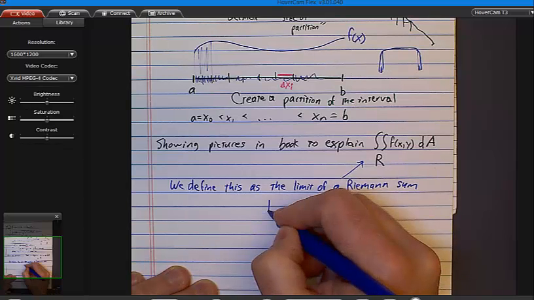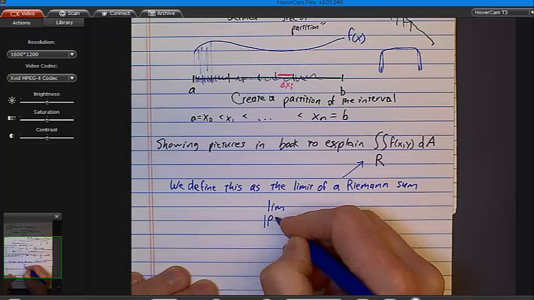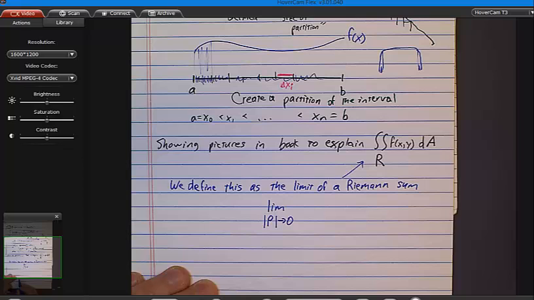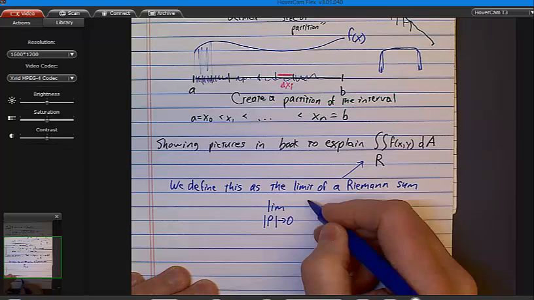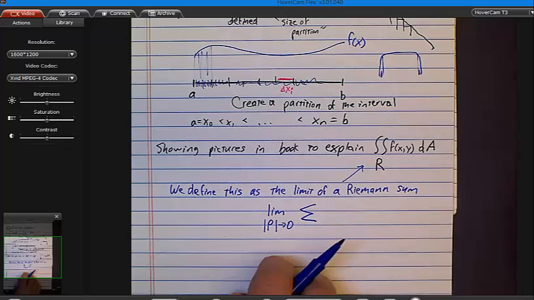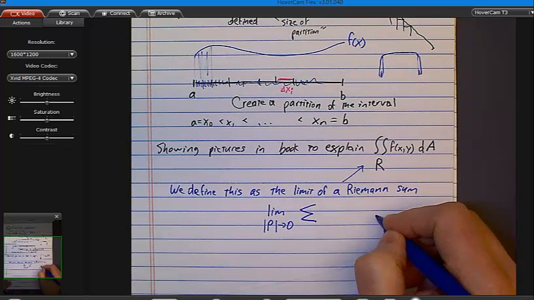Namely, it's going to be the limit, and this time your book puts a little p here, and they say as the size of the partition goes to 0. Okay? And we're going to put a sum. And then instead of dA, right, what do I need? I need,